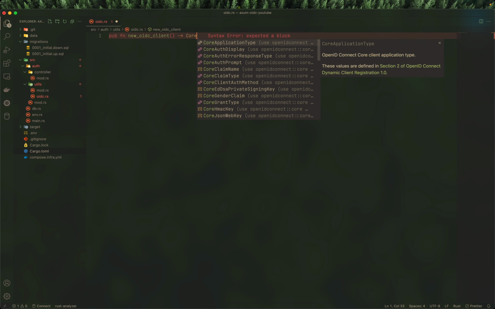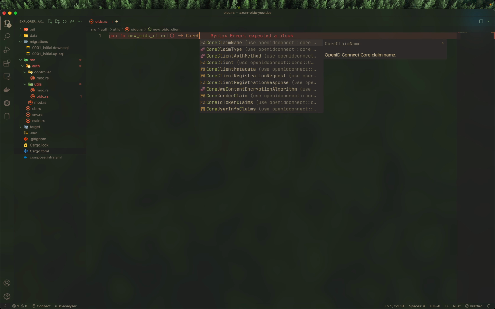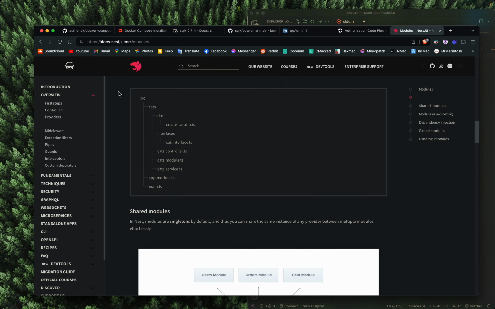It returns back for me a CoreClient. There we go. This function will be async, and I'm going to set it as todo. Cool. So now, if you go into the